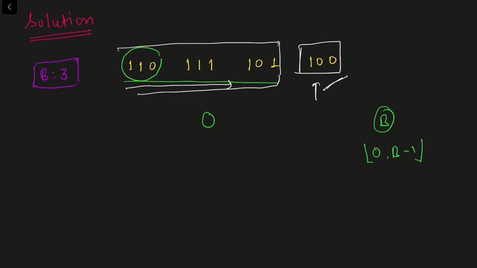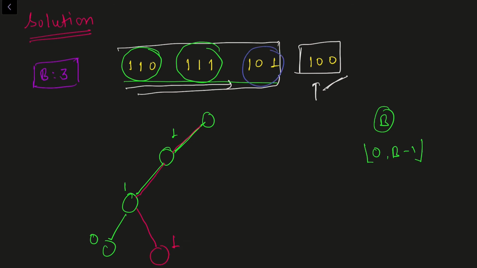I'm going to insert this element first. So it has 1. So let's say this is 1. Then again 1. Then let's say this is again 1. Then 0. Let's say this is 0. Okay. Then I'm going to insert this value. Then it will be like 1. Here 1. Then again 1. Now another 1, right. Now let's try to add this value. It is 1. Then it's a 0. Then it's a 1, right.